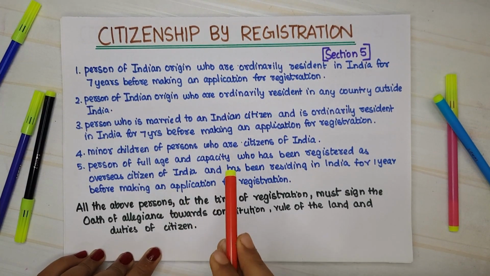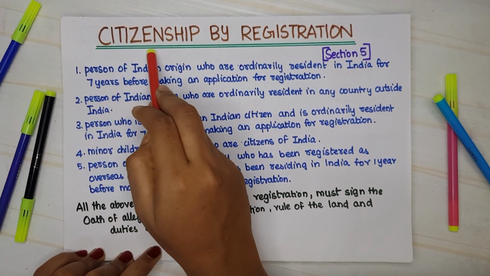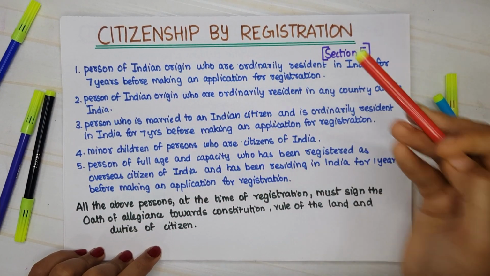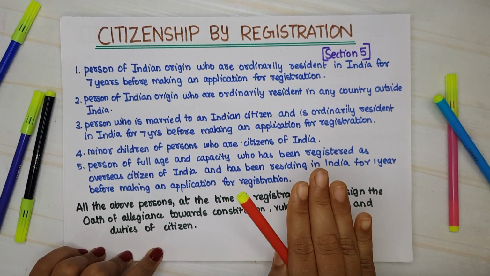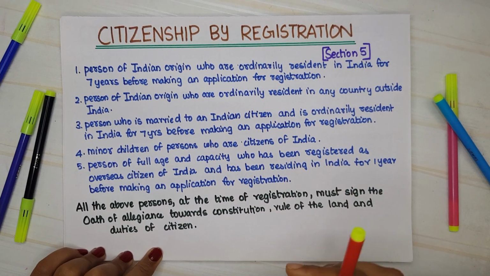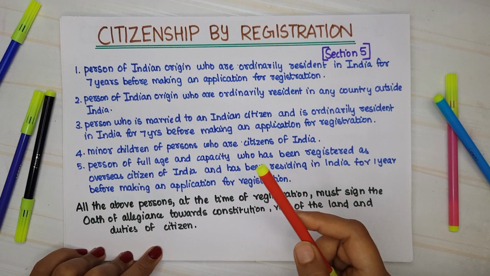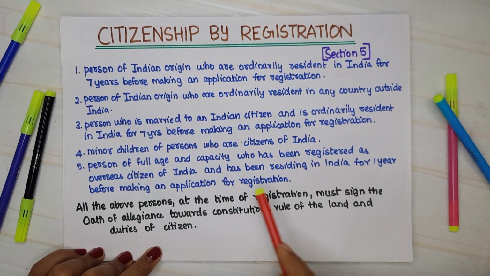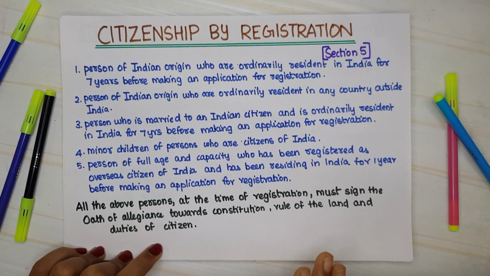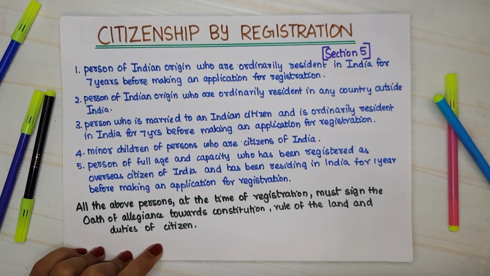Now, we are going to study the acquisition of citizenship by registration, which is addressed under Section 5. There are many criteria for such a person to register for Indian citizenship. Five such criteria are listed here. The first being, a person who has been residing in India for 7 years can apply for registration as